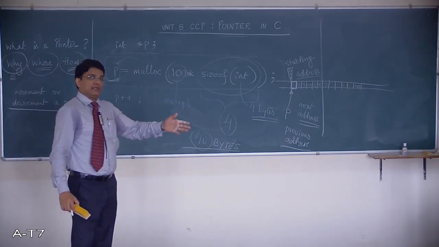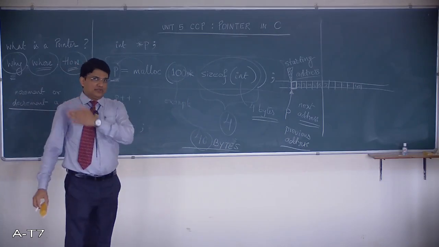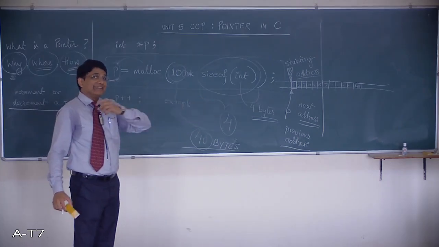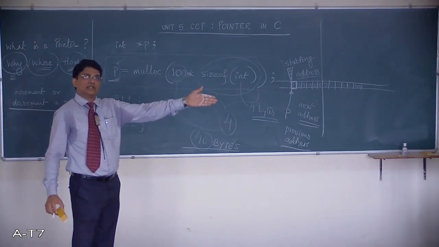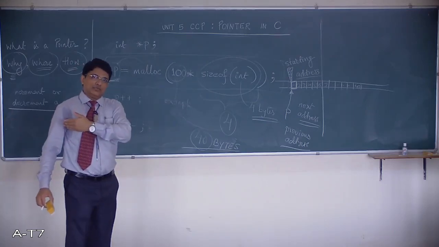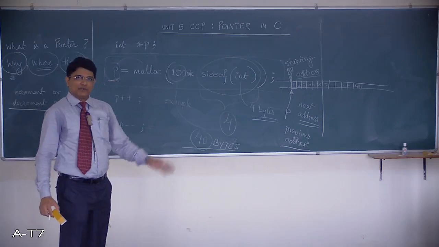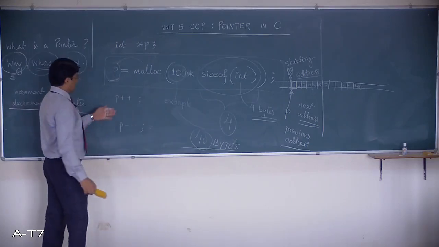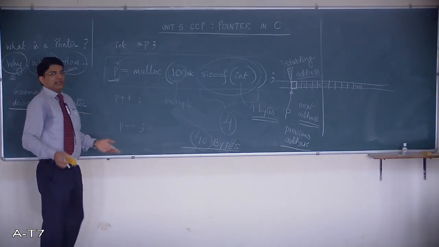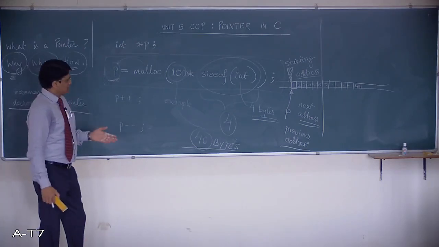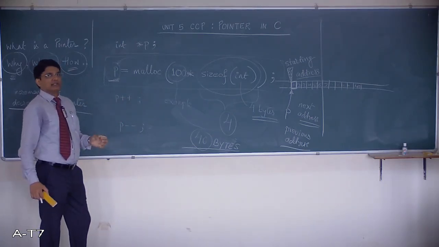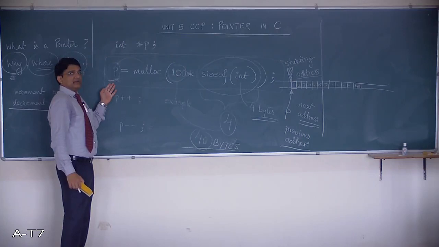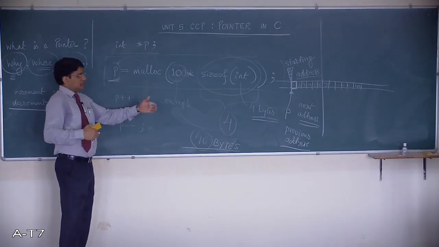So with that illustration, it is very simple to understand what is P plus plus, P minus minus. So if you have 10 numbers, you are on the first number, you want to go to the 10th number, 10 times you need to do P plus plus. And from the 10th number, if you want to go to the first number, 10 times you have to do P minus minus, you will traverse back. So back and forth traversal can be done by P plus plus, P minus minus. You could put it inside a for loop or something like that to process the set of numbers that you have. And mind you, we are doing it purely with a pointer here.